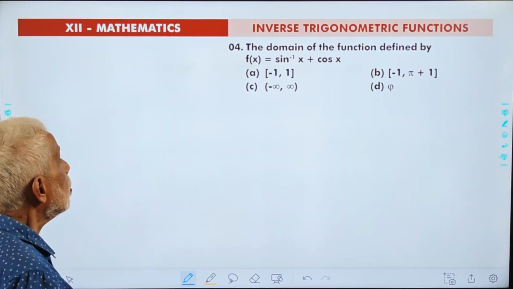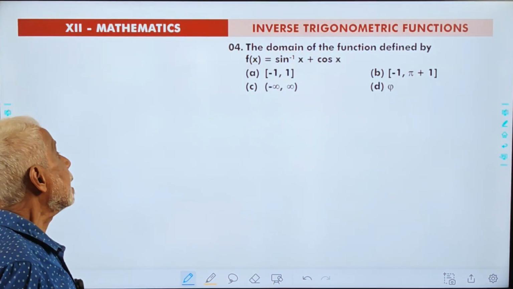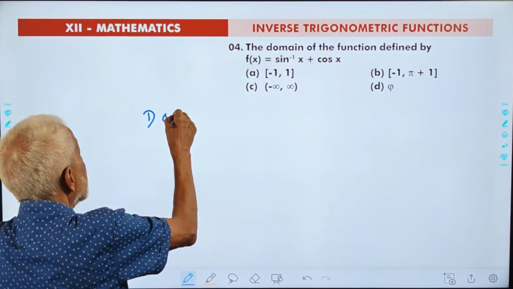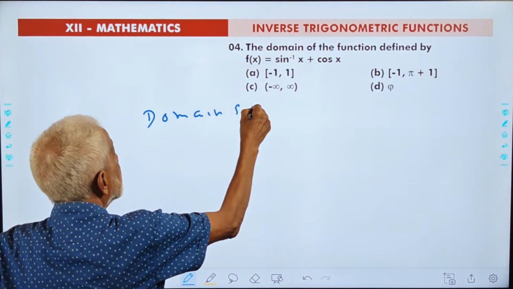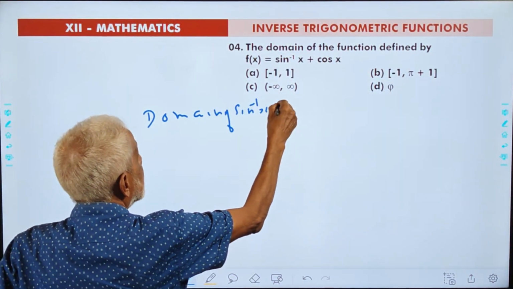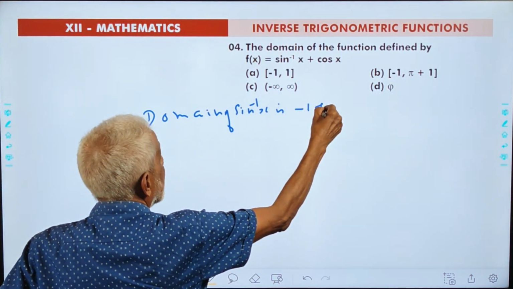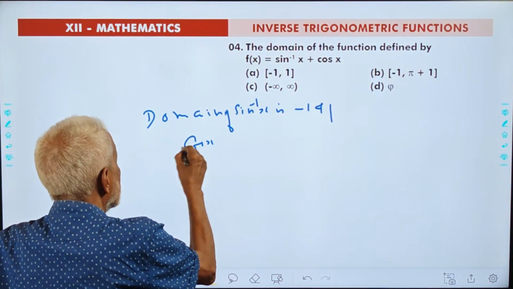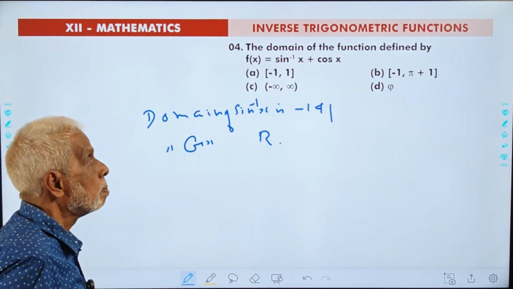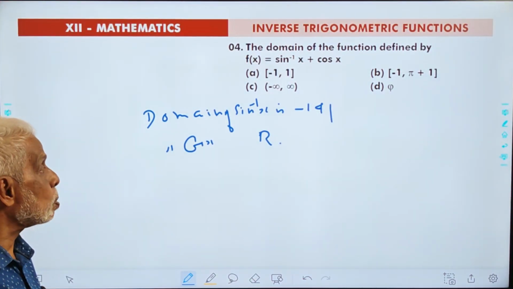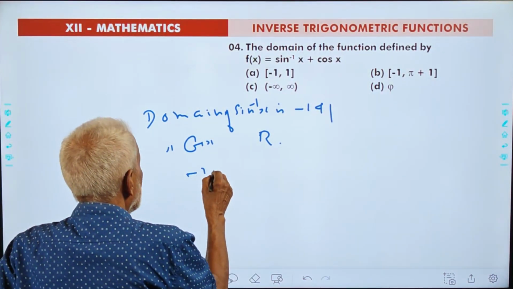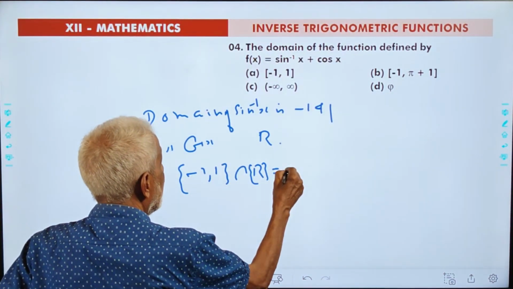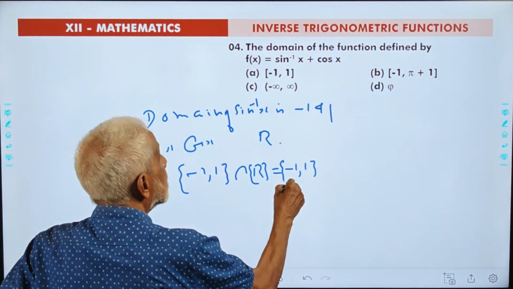C choice correct. Domain of the function sin inverse x plus cos inverse x. You know, domain of sin inverse x is -1 to 1. And domain of cos x is the set of all real numbers. Then domain of sin inverse x plus cos inverse x is -1 comma 1 intersection set of real numbers, which is equal to -1 comma 1. The correct choice is